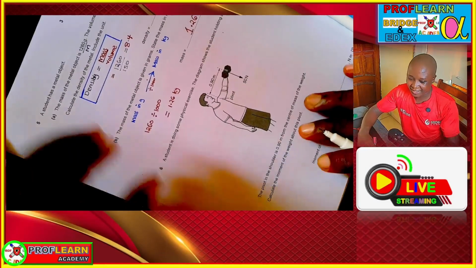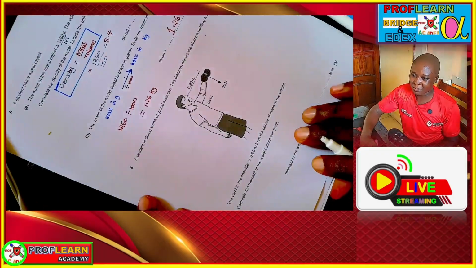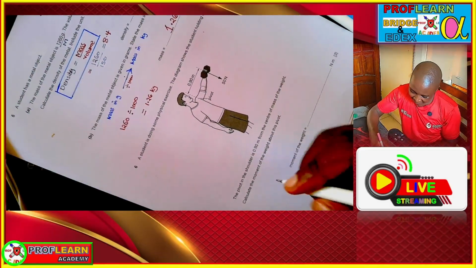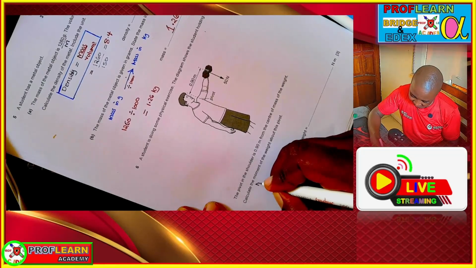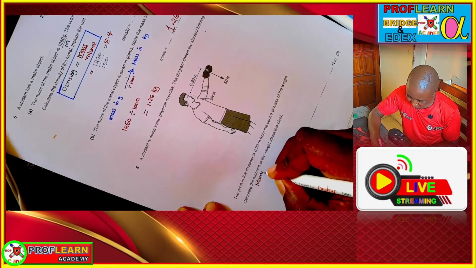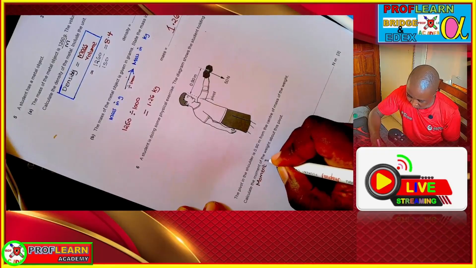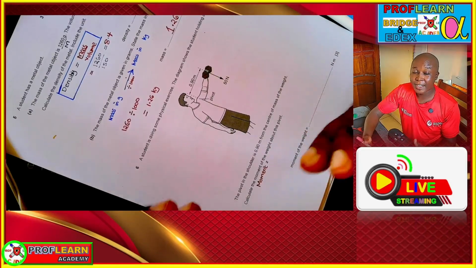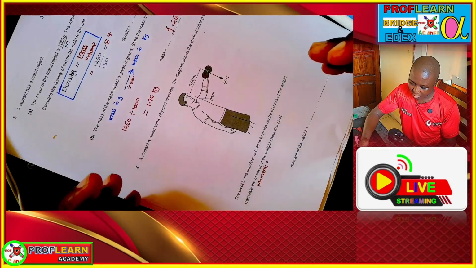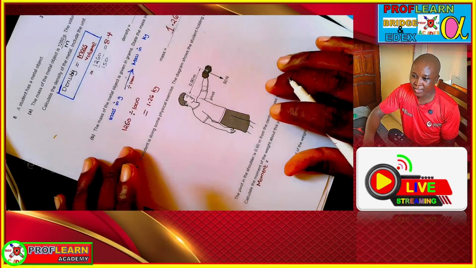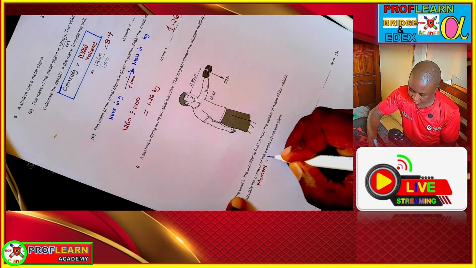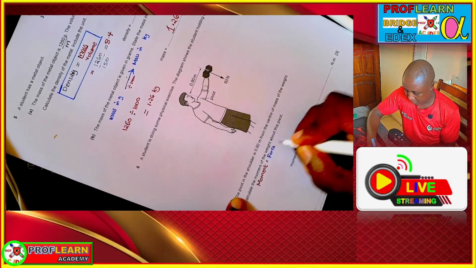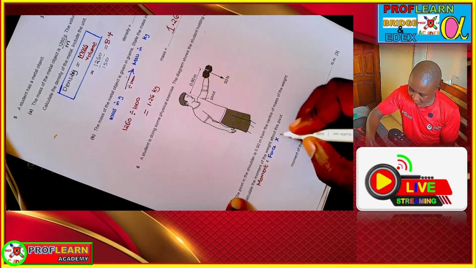So the first thing that we're going to remember here: what's a moment? Moment is going to be defined in year 11. It's going to be defined that moment of force is the turning effect of a force. We are going to say a moment is the turning effect of a force. But how do you get it mathematically? It's force times perpendicular distance